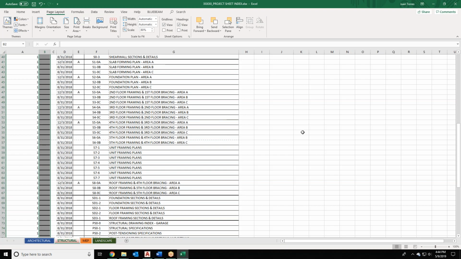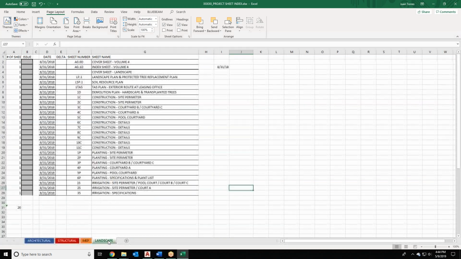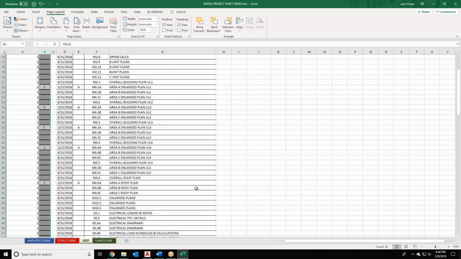The beauty about doing this, once again, is that you have taken a lot of the work out of your hands. You're giving it back to structural, you're giving it back to MEP and landscape, and it also gives you a checklist of what to collate when you receive your drawings. So if you're expecting 20 sheets, for instance, from landscape and you only receive 19 PDFs, there's already a good red flag of that. Obviously, I'm accounting for 2 more extra pages for architectural, but if you take those out, I should be expecting 18 pages for my landscape architect,